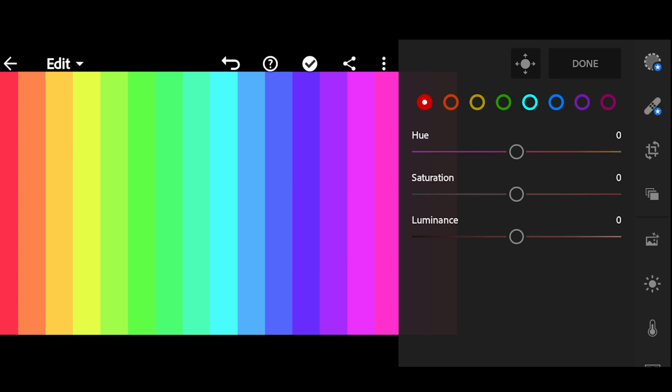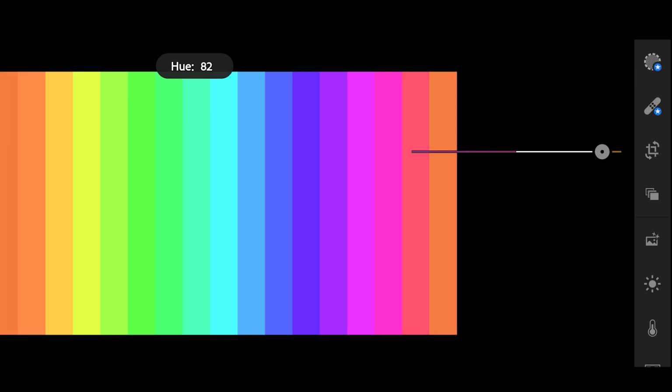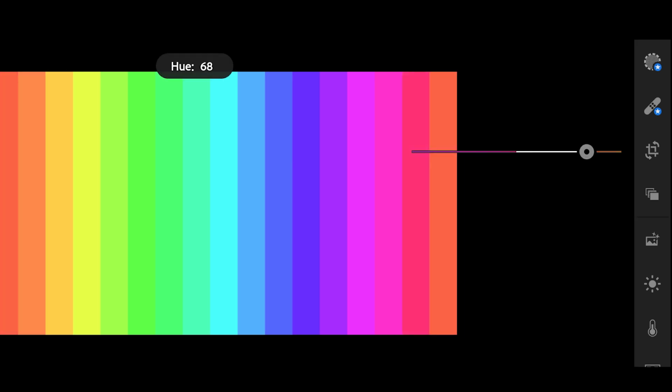Let's first look at the hue part. Here on this slider, you can see that the slider colors are varying from magenta, then red, to then orange. So here if I change the hue towards the pink color, as you can see the red is becoming more and more magenta. And the same goes when I increase the hue and it will turn to the orange color. So it is basically changing the hue of the red color. So you can shift this red color towards the orange color or towards the magenta color by changing the hue.